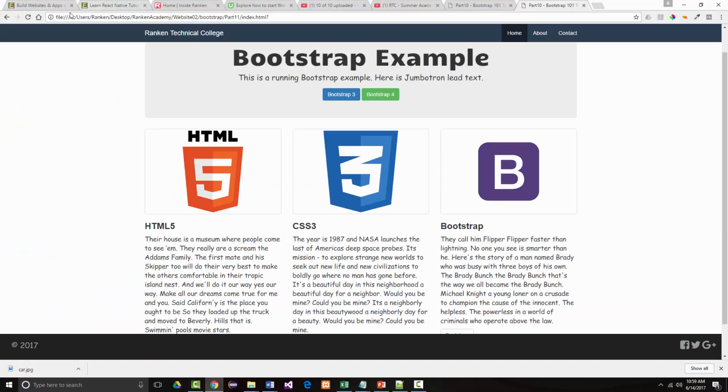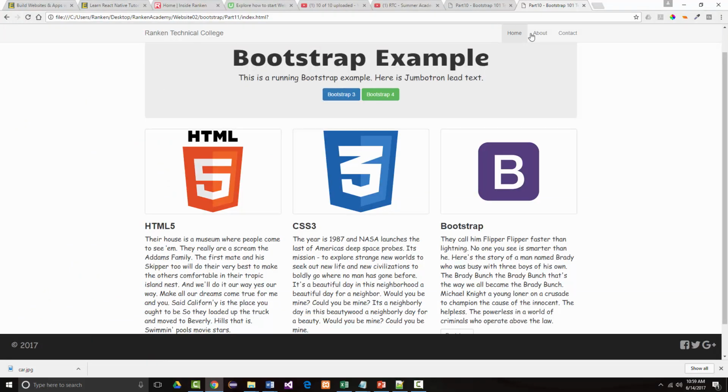And we're going to go back and we're going to look at this. And there was our nav bar. So the idea is we want to make this nav bar kind of a navy color, and we want all of the text inside of here to be white. But when we hover over a text, we want it to be kind of a turquoise color. So